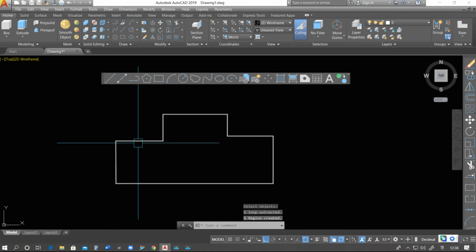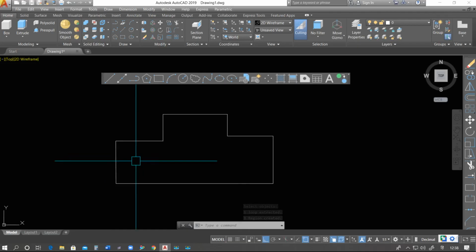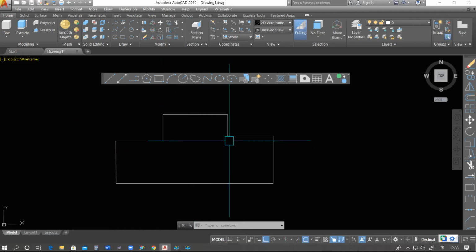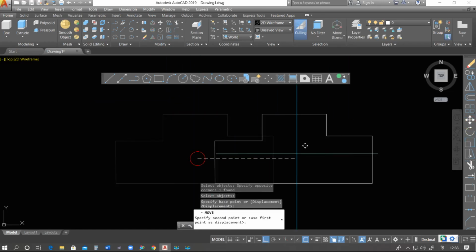We see now this one is a region. It is also converted into a single entity, but as we used boundary, it just generates a layer on the boundary of the drawing. So this is the basic difference between boundary and region. Now I'm going to move this one.